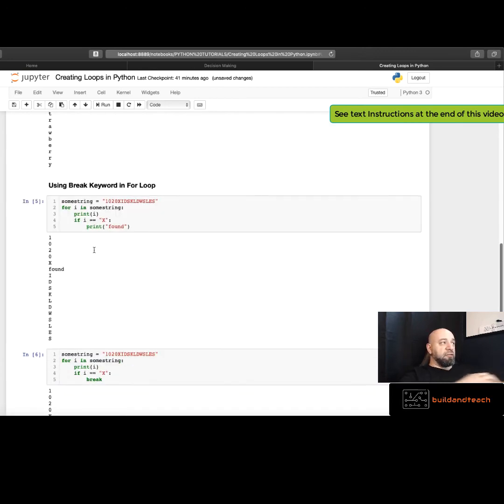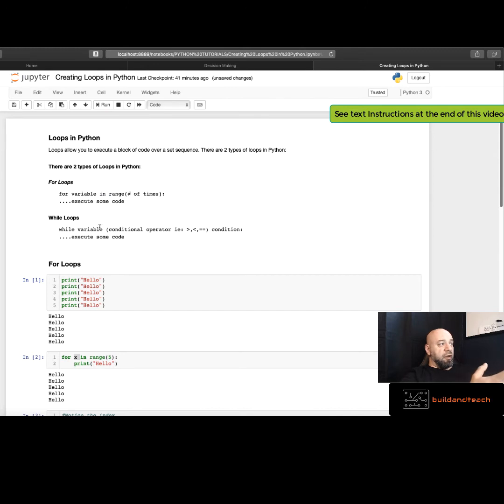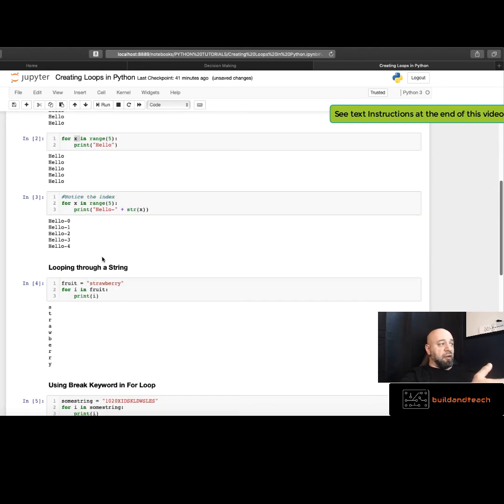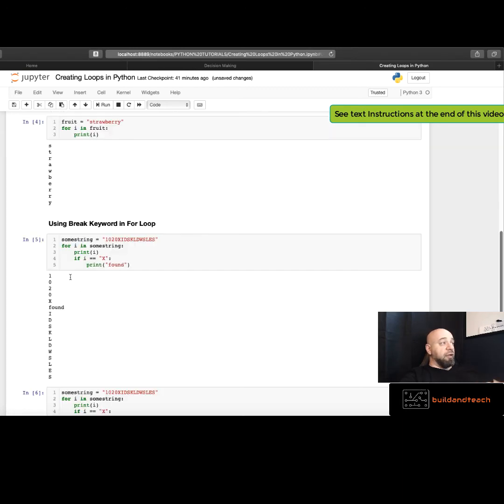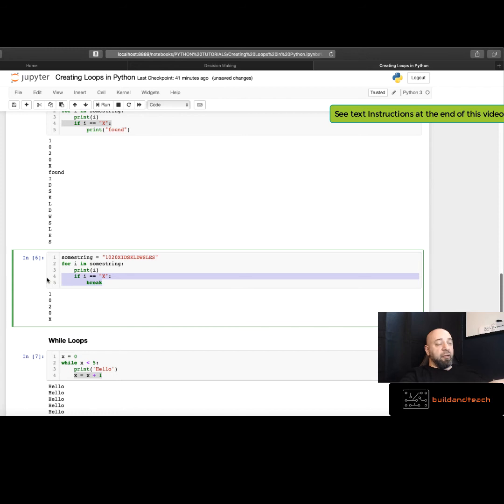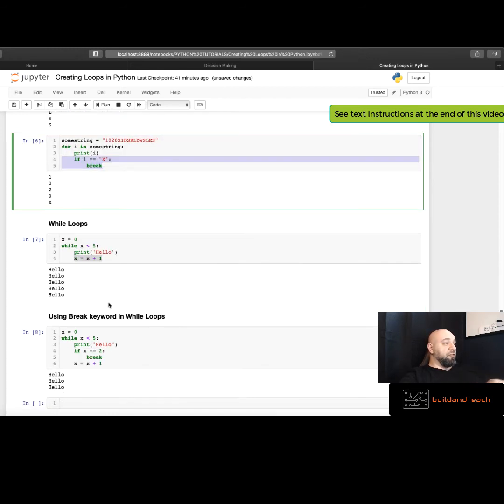Try these out. Try the for loops. Try the while loops. Try iterating. Create a string and iterate through the string. Put some conditions in there and use the break keyword to break once that condition is met. Give it a try, and as